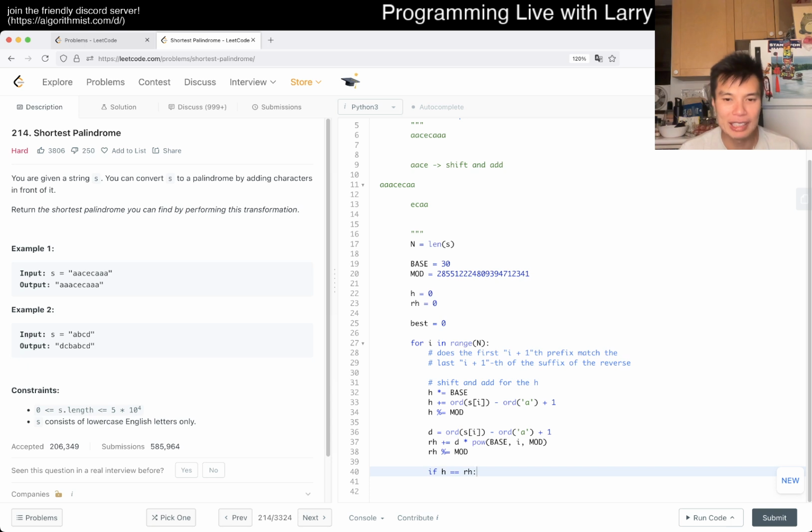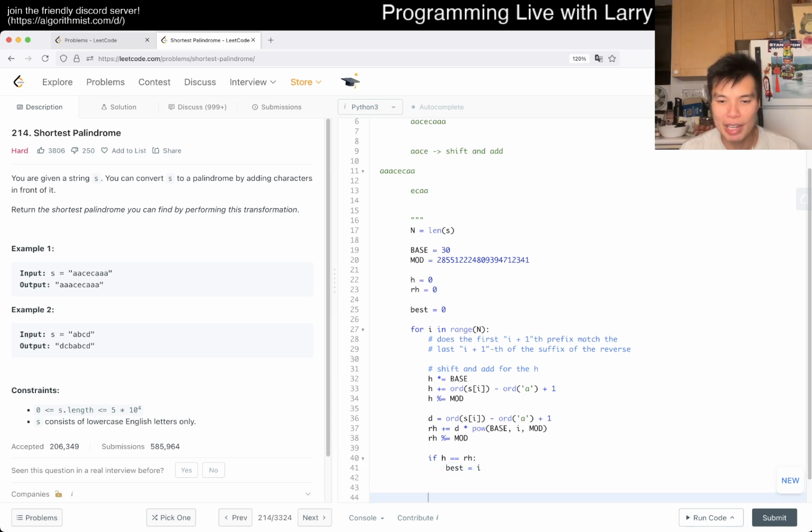And also you can see from this formula that by default, the first character will always be true, right? So yeah, best is equal to i, right? And then at the very end, i plus 1 is the number of characters that overlap, right? So then now we want to return,